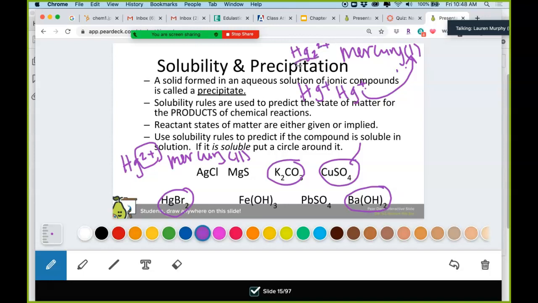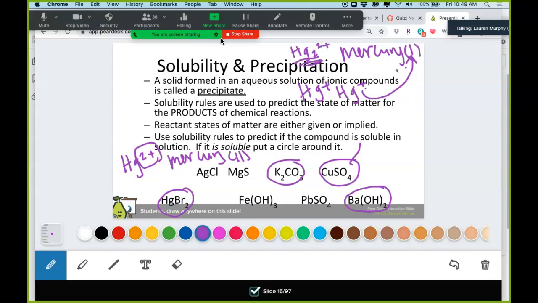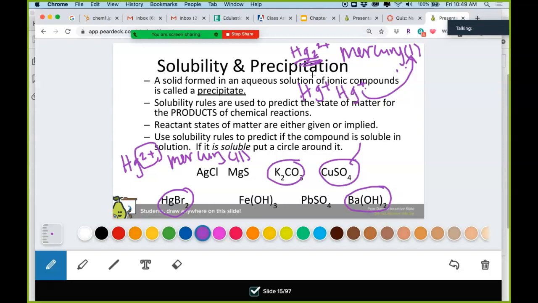This is funky, and yes, you need to know it. Are there any questions about that crazy little Mercury guy? Okay,